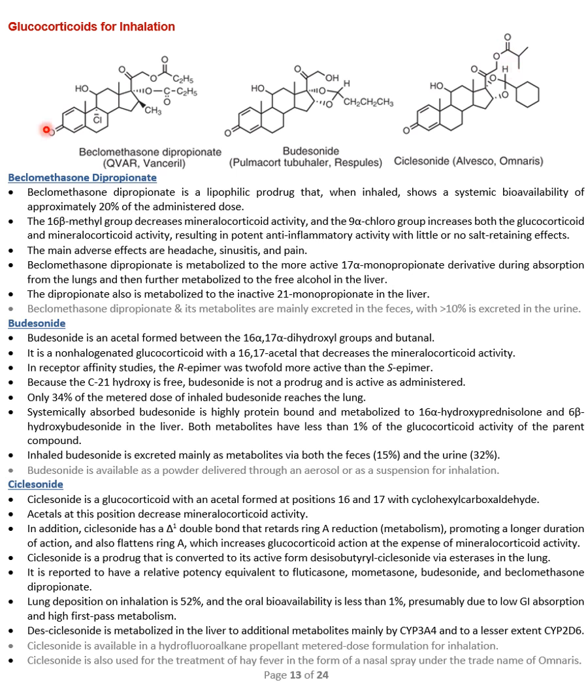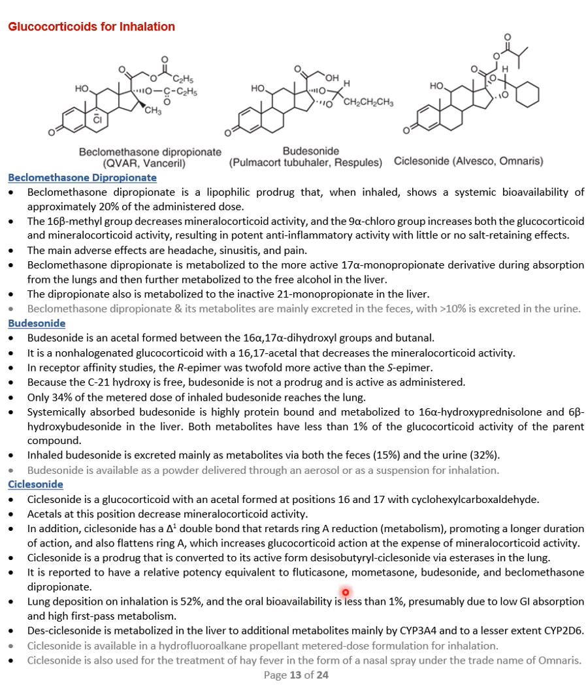Also, just like all these, there's a double bond here that flattens the ring and makes it more selective. It would flatten the ring and increase the glucocorticoid action, at the expense of the mineralocorticoid. And what else? Of course, the presence of these, in addition to the double bond, would delay the metabolism, so you will have a longer duration of action. And the rest of the stuff about the availability and absorption you can read on your own. Okay,